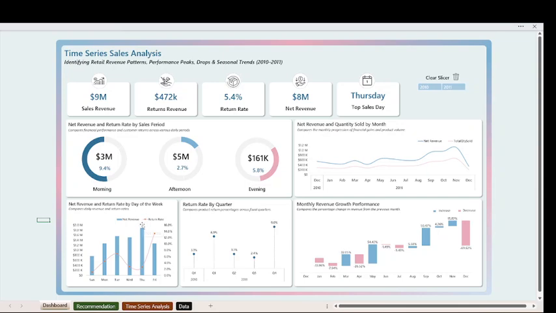Moving on to the next card, the peak sales: the month with the highest revenue was November in 2011 at $1.1 million, followed closely by